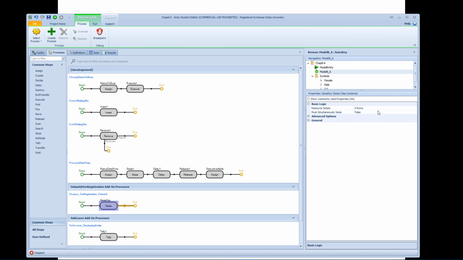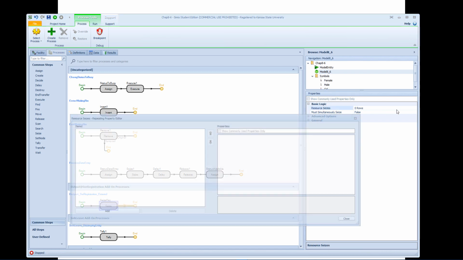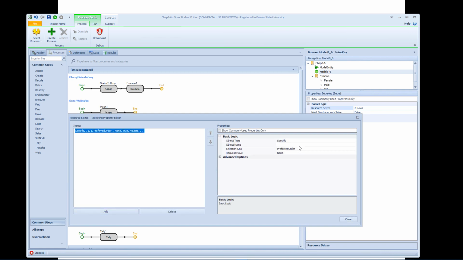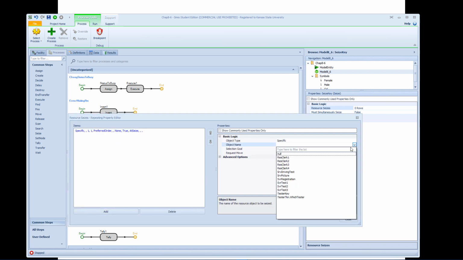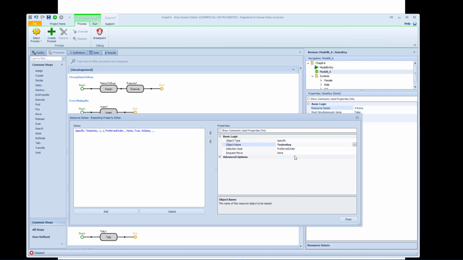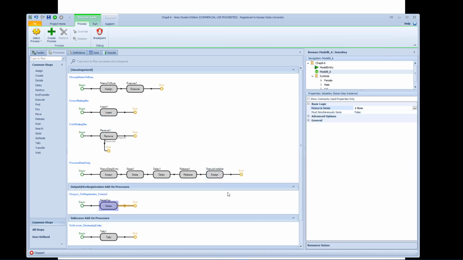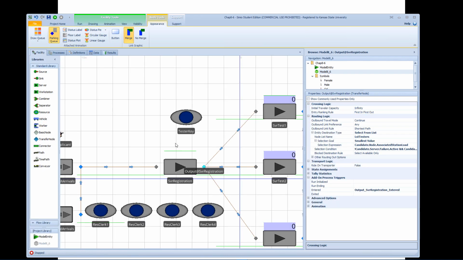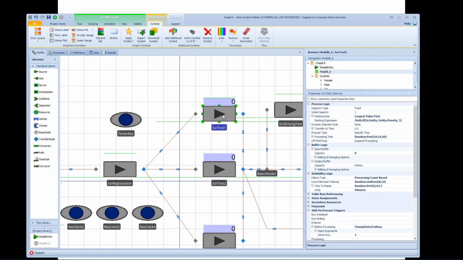Once we have this key, we can have a unified priority scheme for all three. I'm going to seize the resource key, test the key based on the preferred order. And then somehow we need to release the key. When are we going to release the key? When we go into data entry, which means after the process. So after I go into the tester,